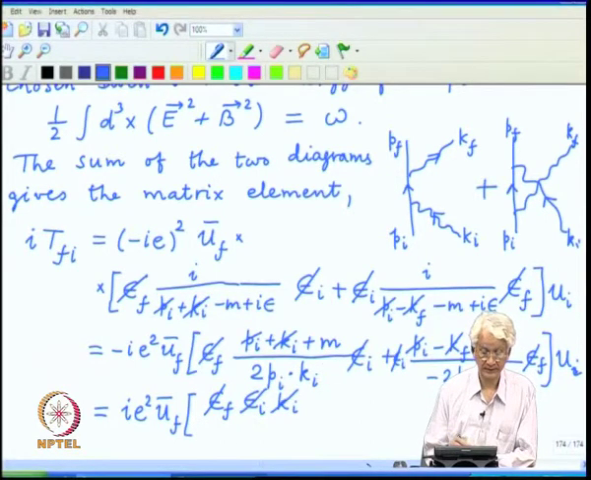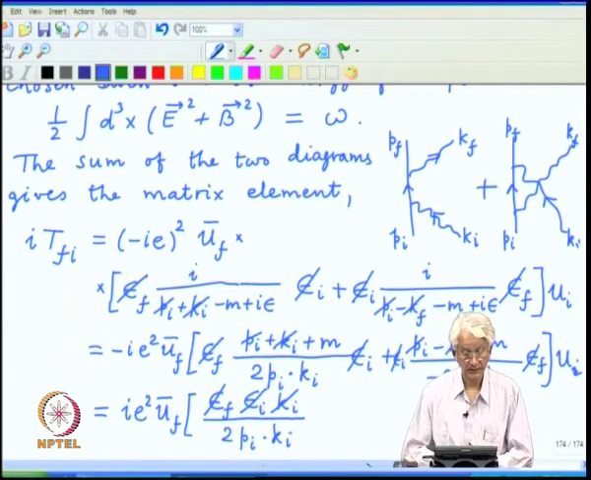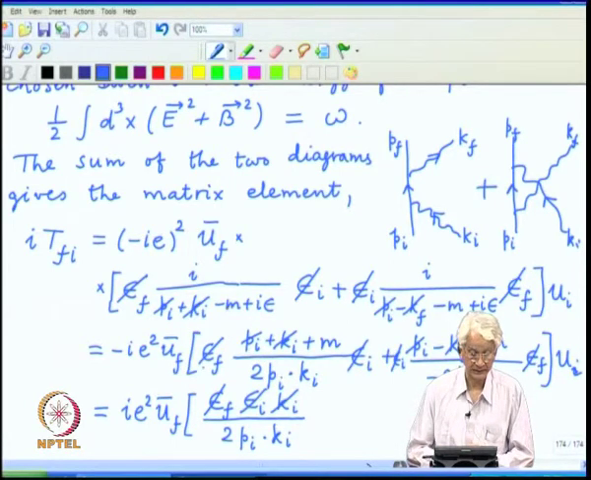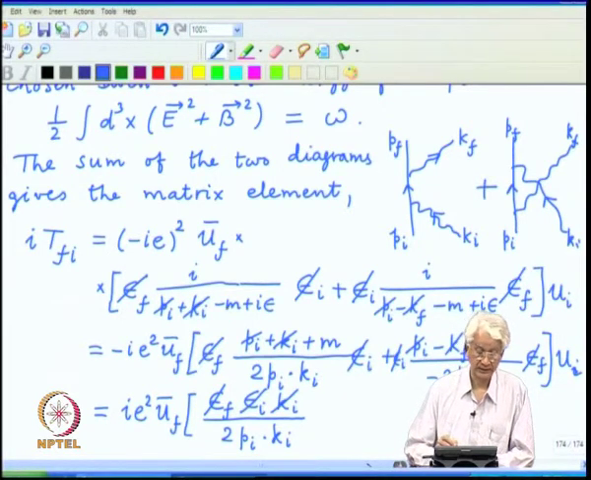From commutation with k I slash, and the denominator is the same thing, 2 p I dot k I. What about p I slash? Well, again you can anti-commute with what is there on the other side, that is fine, and the dot product will now have epsilon dotted with p I, but here we can use